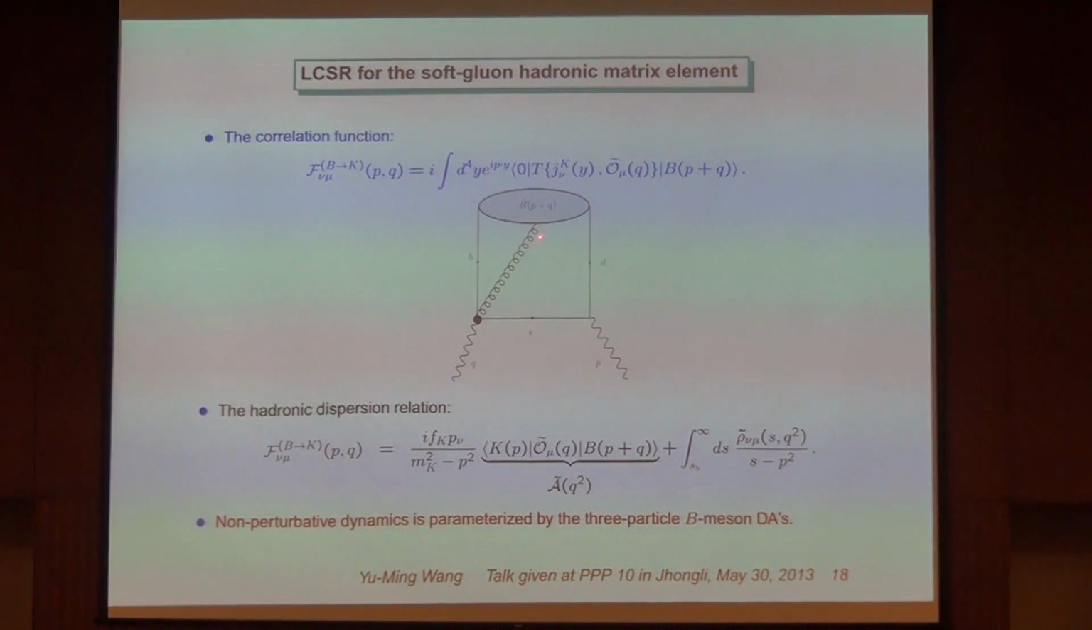The non-perturbative dynamics will only be characterized by these three-particle light-cone distribution amplitudes. So the gluon can attach to the horizontal quark line. It attaches where? The horizontal line. Here. This down part, or where? This is the B quark and this is